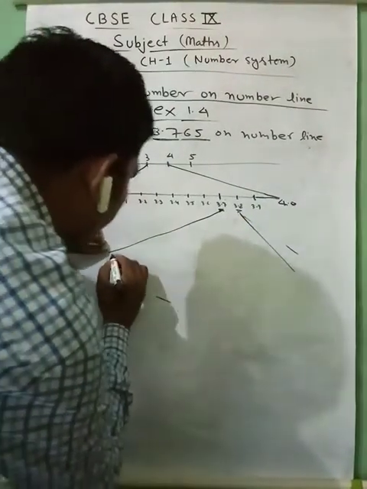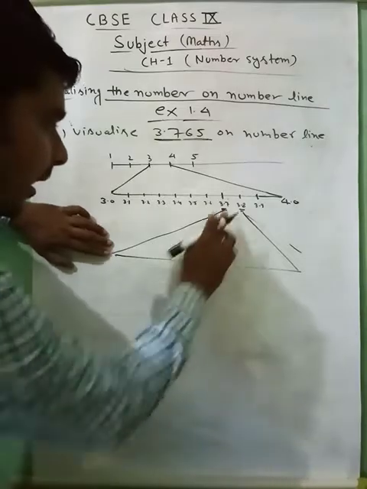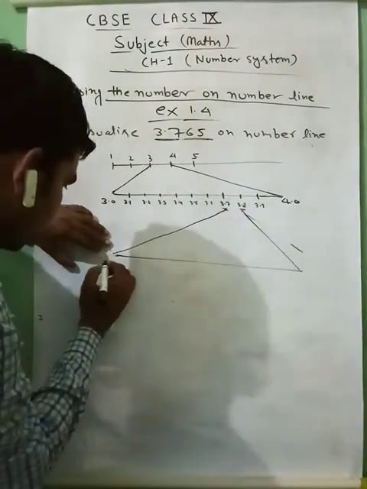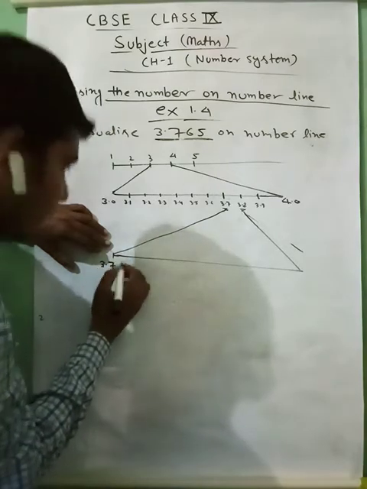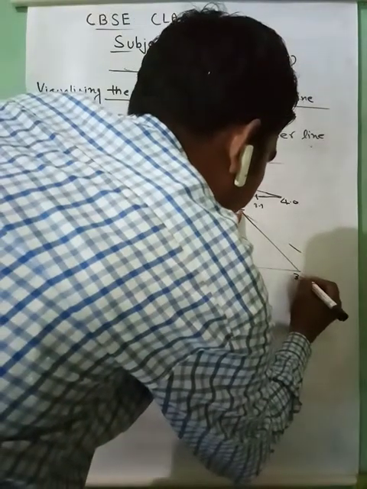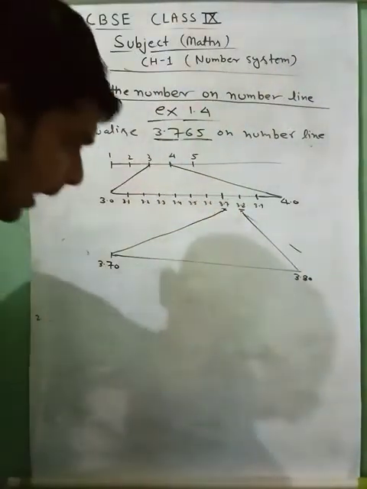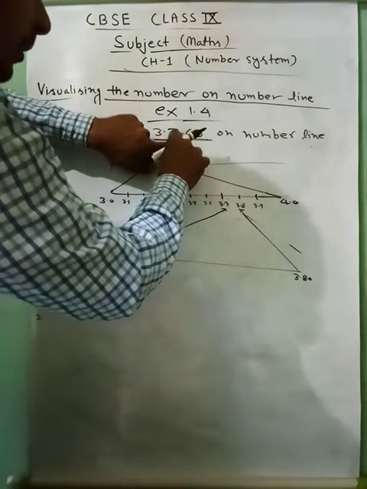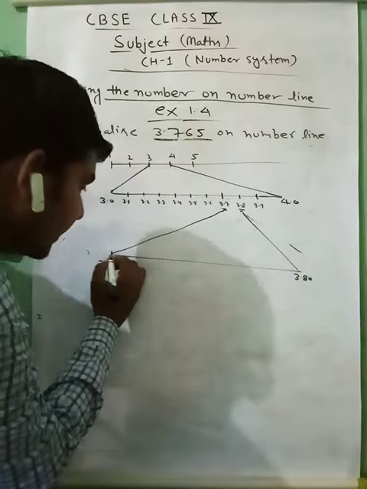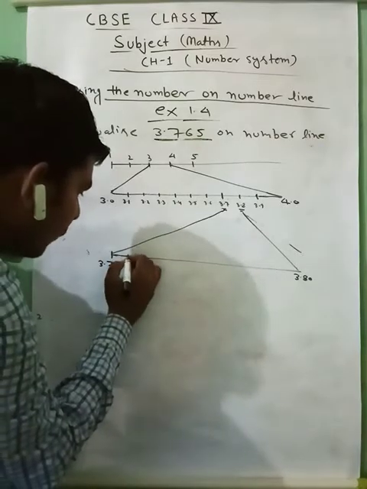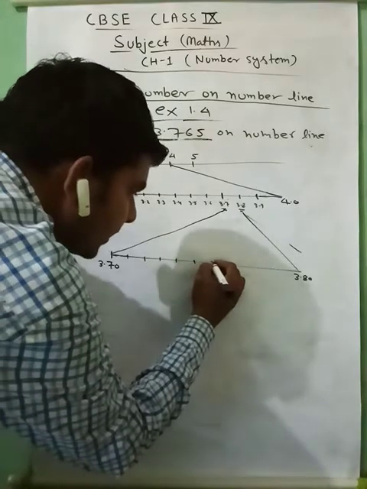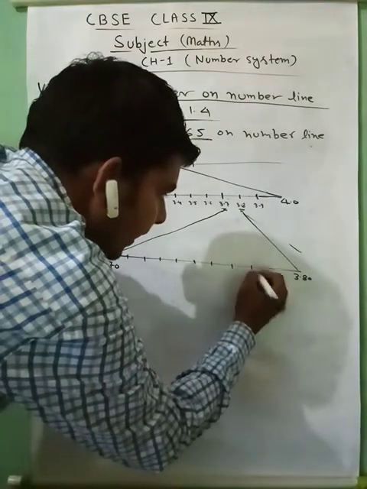And again we will draw a number line between them. Clear? It means it is 3.7. It means 3.7 here. So it is 3.7. After this digit we will write 10, and after this digit we will write 10. Clear? Again we have to show here, say after 7 it is 6. So again distribute this length into 9 equal parts. 1, 2, 3, 4, 5, 6, 7, 8 and 9.